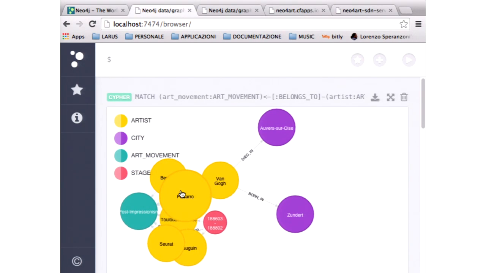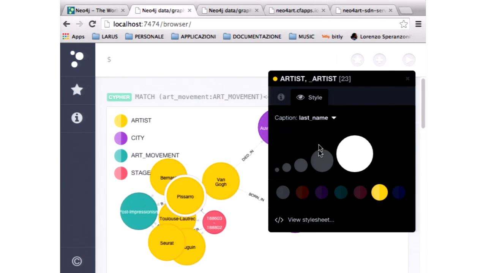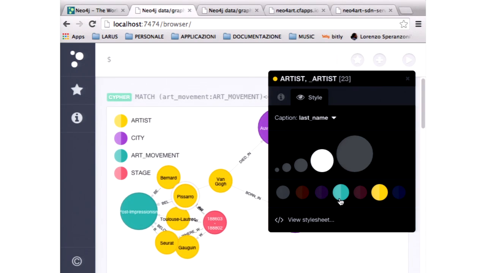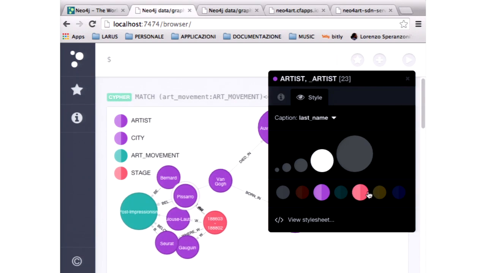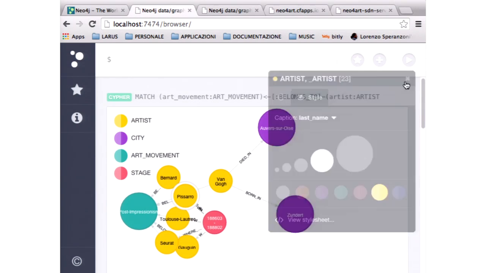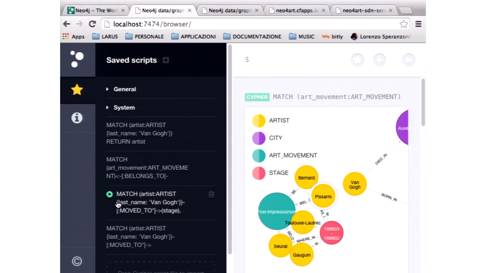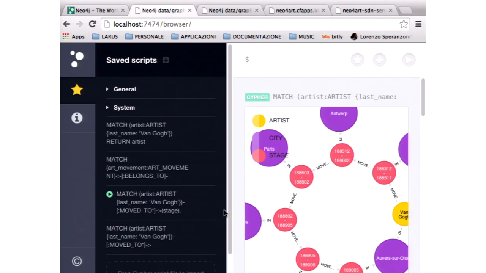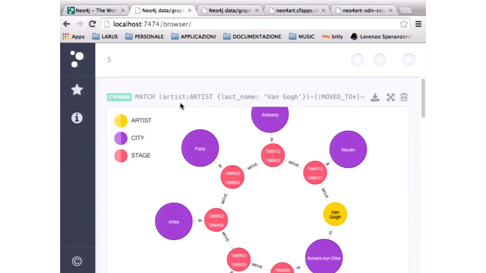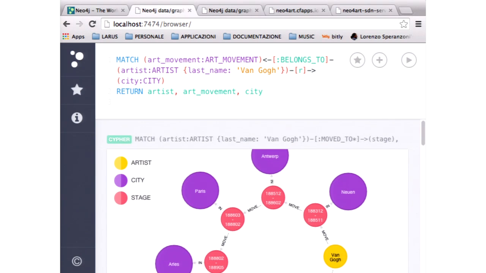And we can also configure these nodes, for instance, to look different than this or something like that. So this is all possible, and I can store more queries as well. And interesting is when I have more complex queries that I want to run, like here the stages of Van Gogh's life. And actually, if I look at the query, it's not a lot of code, right?